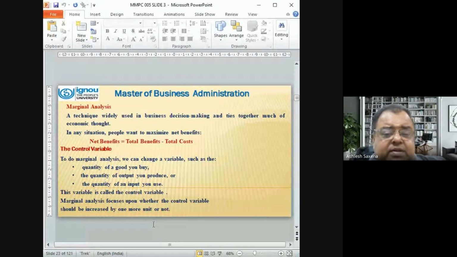And it ties together much of economic thought. In any situation, people want to maximize net profit. How can that be done? Total benefits minus total cost; under that condition, you will be getting net benefits. But what is the control value? Control value is nothing but the control variable. To do marginal analysis, we can change